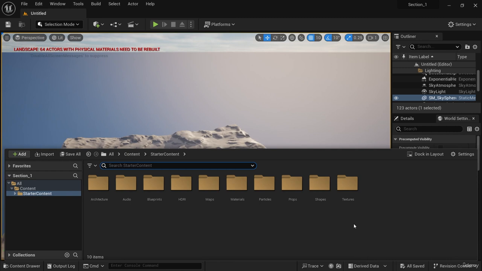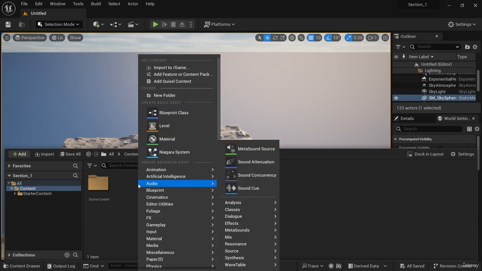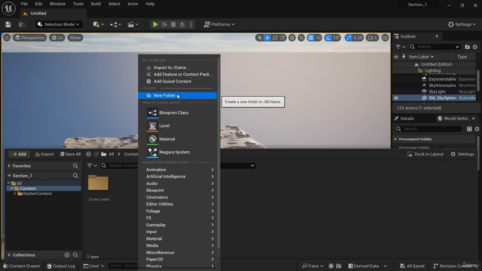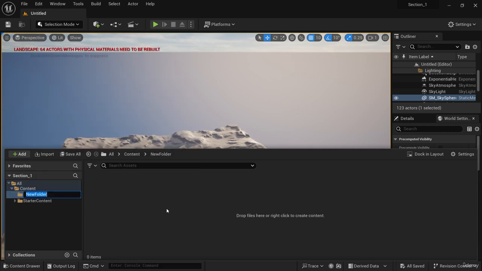What we're going to do is create a new folder in our content folder. I almost always add this folder we're about to add to my content folders in all my projects. And I can add that by right-clicking here in the gray area and selecting New Folder. Or I can right-click on Content here in the list view and select New Folder. And I can give that new folder a name, and we're going to call this Maps. And any maps that we create for our projects will always be in Maps, and that way they're easy to